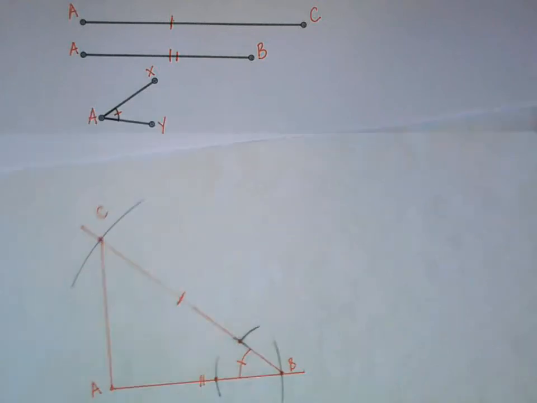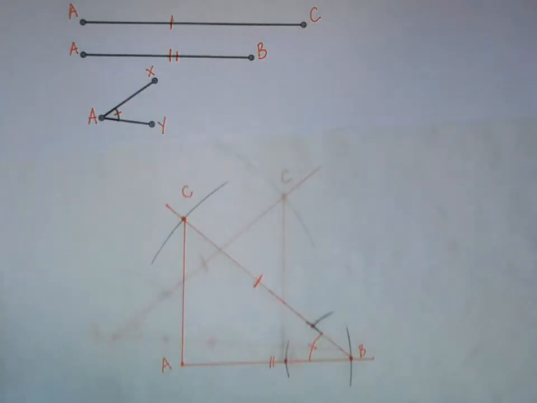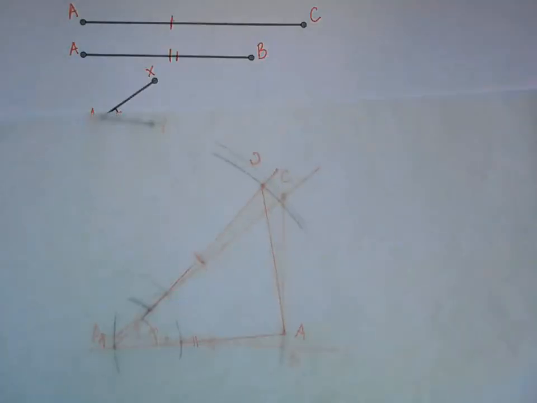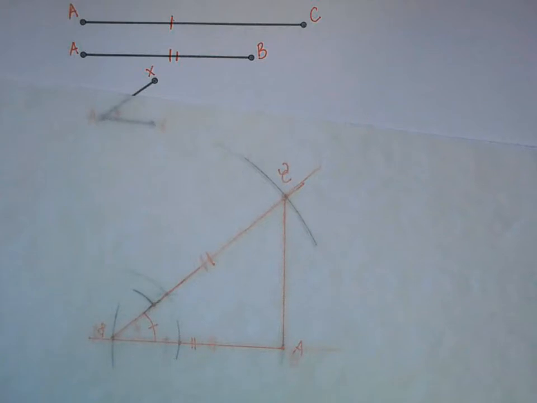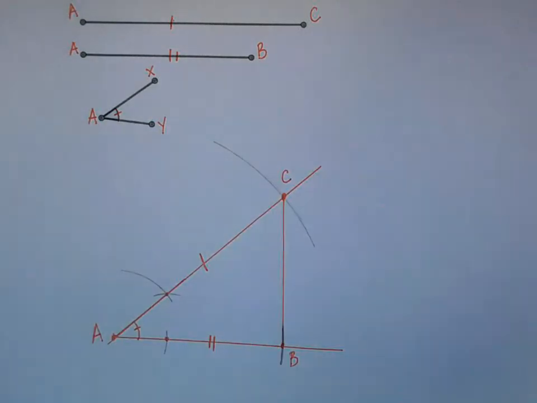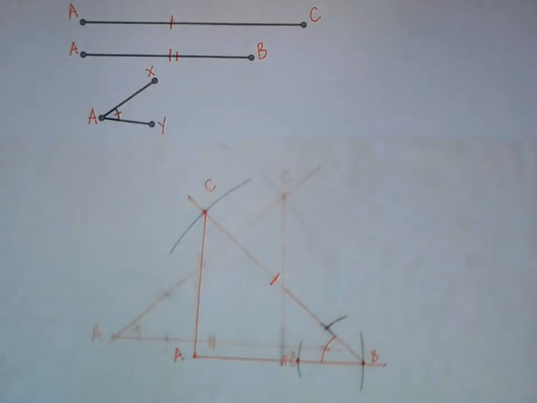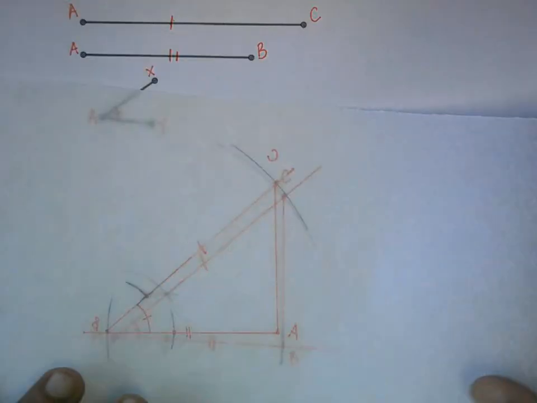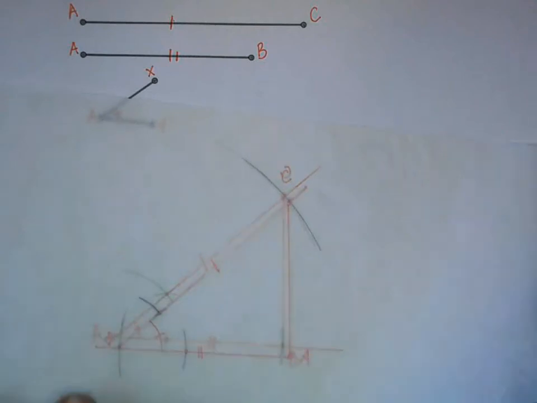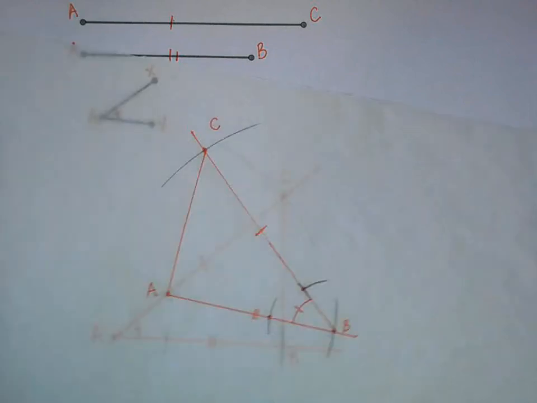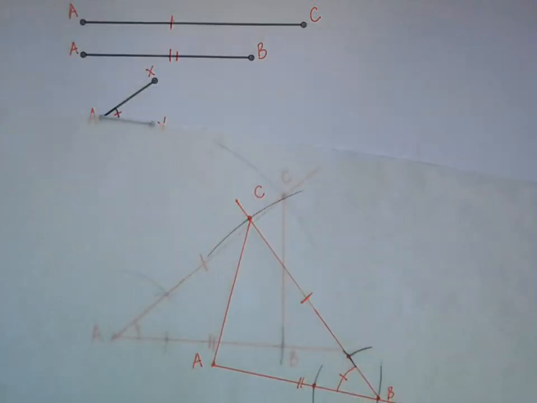Right. So it seems that I have worked very hard here in order to make a different triangle. But yet, if we just rearrange things a little bit there, you can see that I end up with the exact same congruent triangle that I had before. So I had the triangle that we made, and then I had a triangle that I tried to make a different way, but because of the way that I made it, it actually turns out to be exactly the same. So it seems that there is no possible way for us to make a non-congruent triangle,